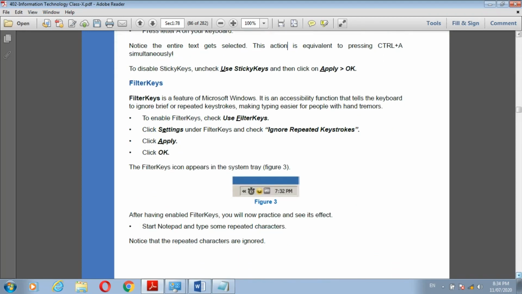Filter key is a feature of Microsoft Windows.